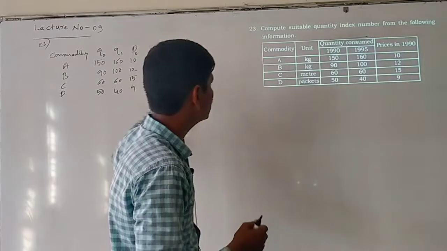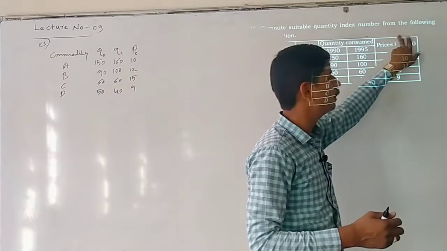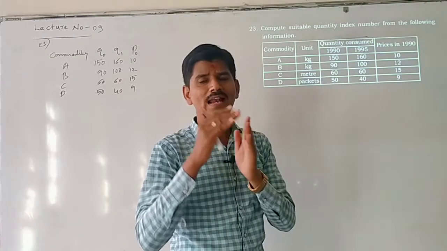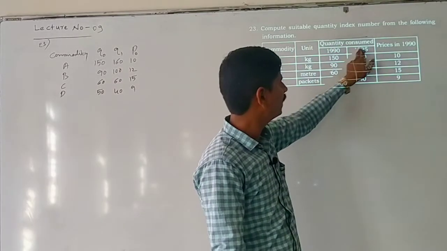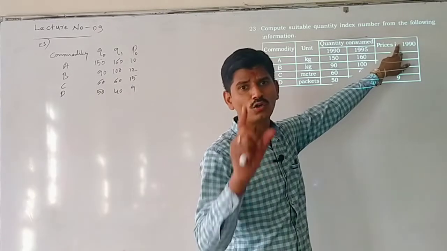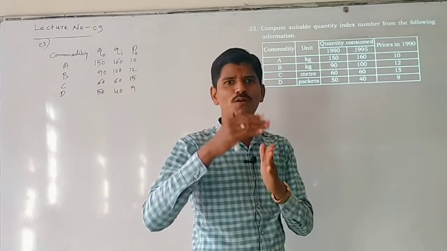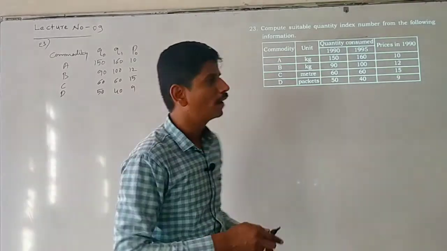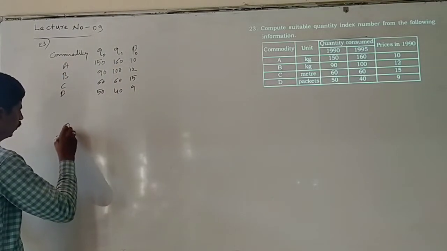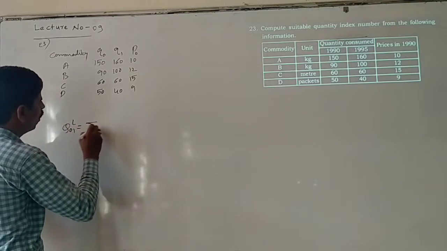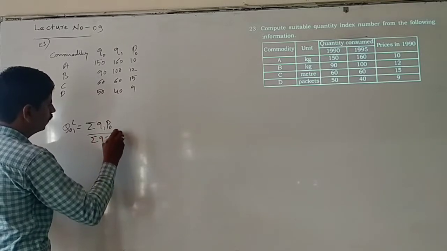Okay, here the problem is based on quantity index number. Here they are only P naught, which means the problem is based on Laspeyres quantity index number. Suppose if they have given only P1 or P naught, P1 and Q naught, only Q naught, it means the problem is based on Laspeyres price index number. Here they have given P naught, so the problem is based on Laspeyres quantity index number. We have to apply the formula, that is Q naught 1 L equal to sum of Q1 P naught by sum of Q naught P naught into 100.